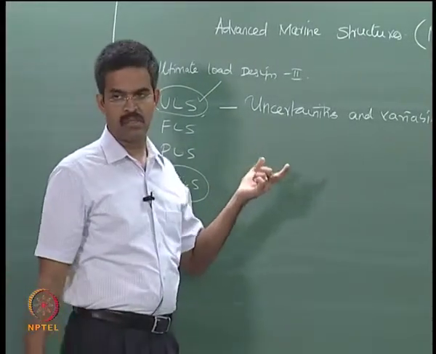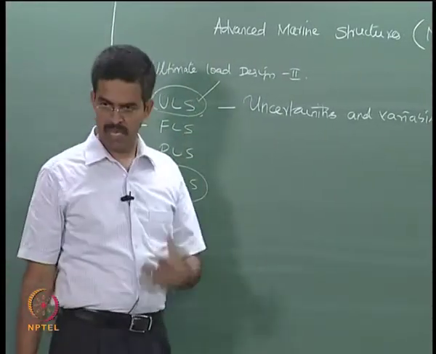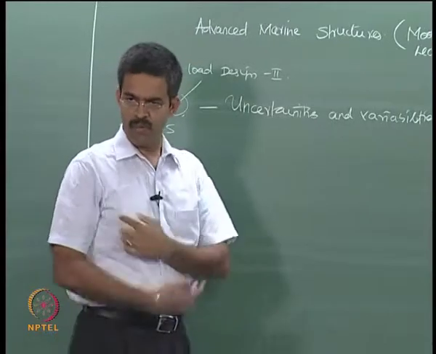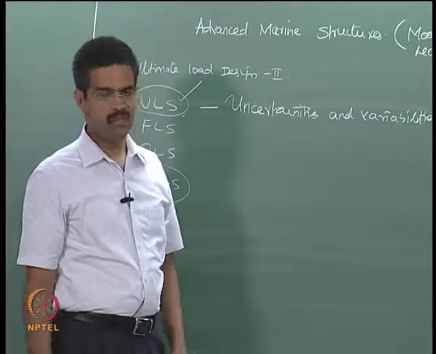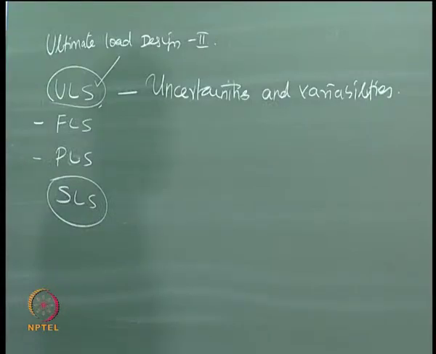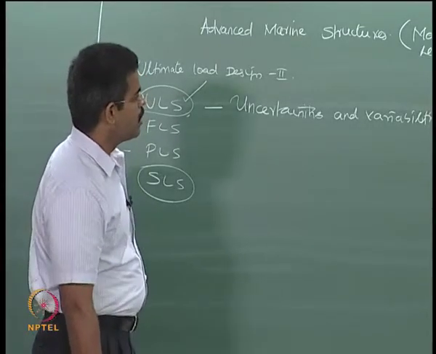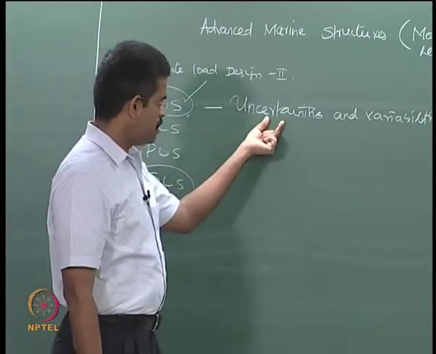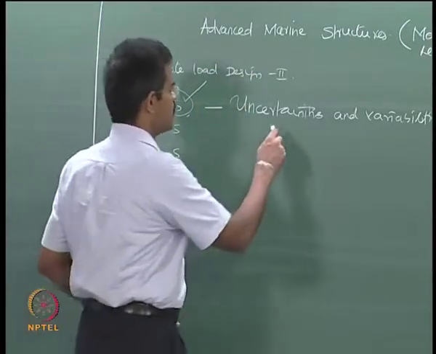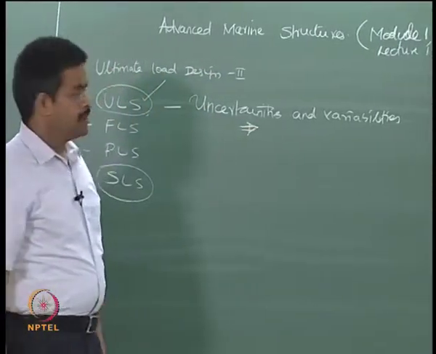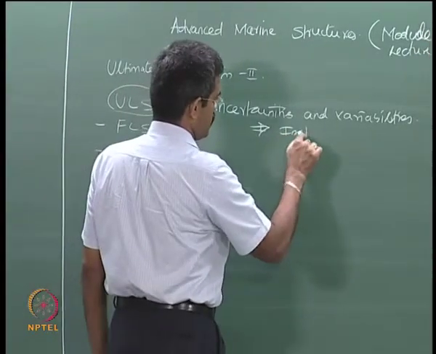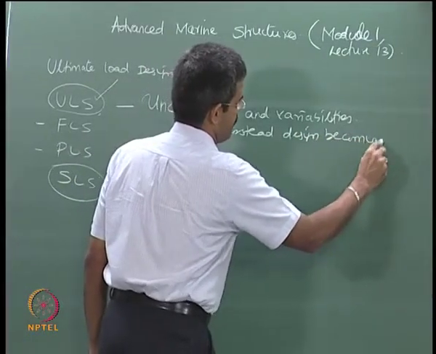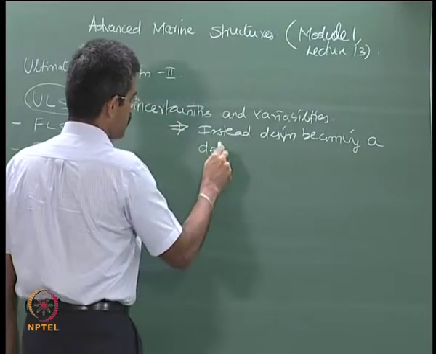We will talk about this now. These are the factors which affect the ultimate load design mechanism as a whole. What are those uncertainties, what are the different variables, and how do they vary depending upon the assumptions made in the analysis and design? First, let us see the immediate consequence of having a lot of uncertainties in the design process. The immediate consequence is that instead of the design becoming a deterministic process,